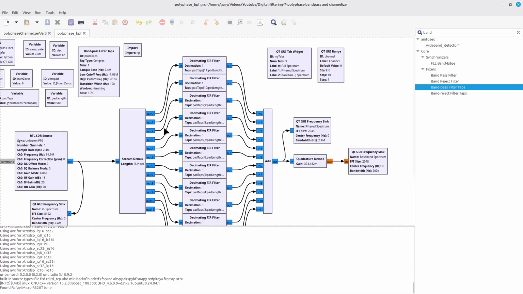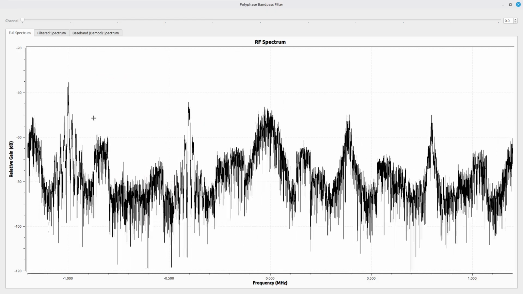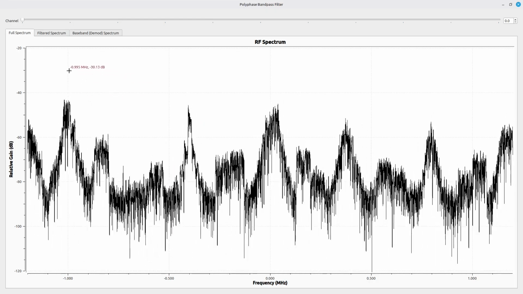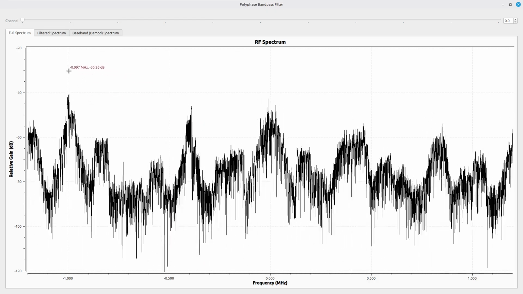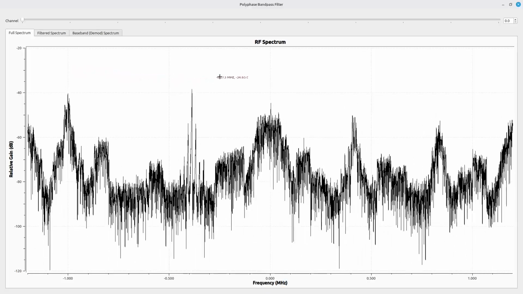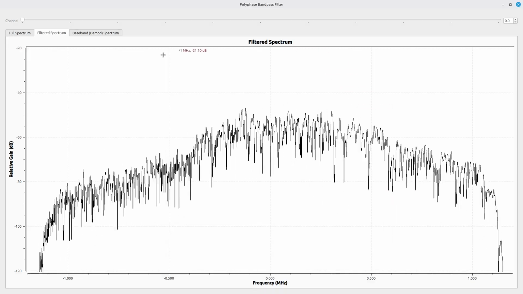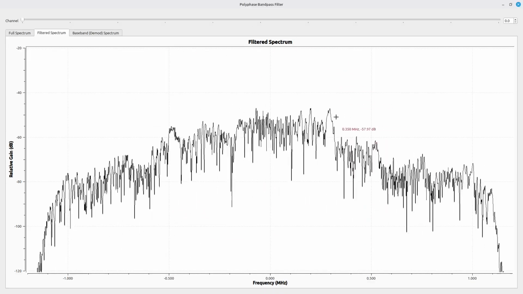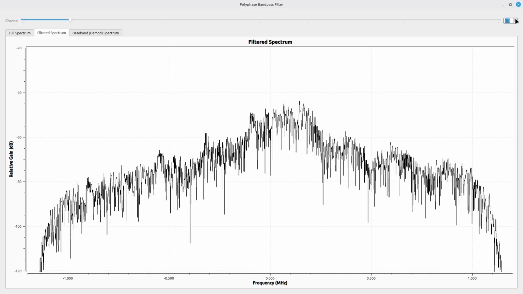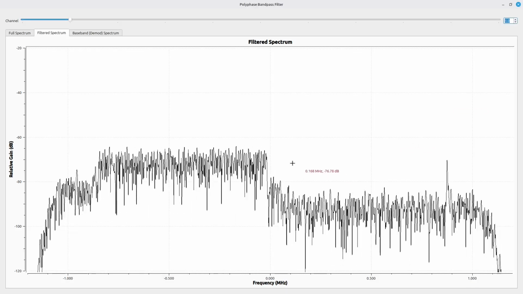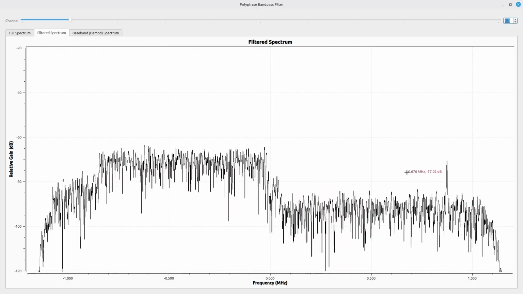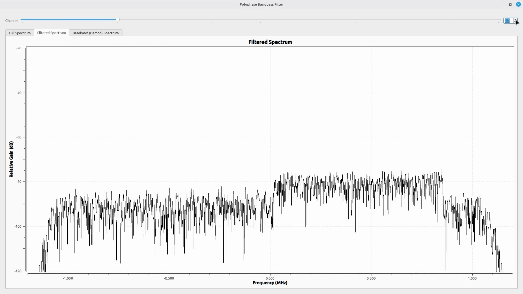The way I have it numbered, channel 0 is the -1 megahertz, and then I just go in 200 kilohertz steps. I can most easily see this in my filtered spectrum. So again, this is that -1 megahertz signal. Here is the second one, which is just an IBOC plus blank space.